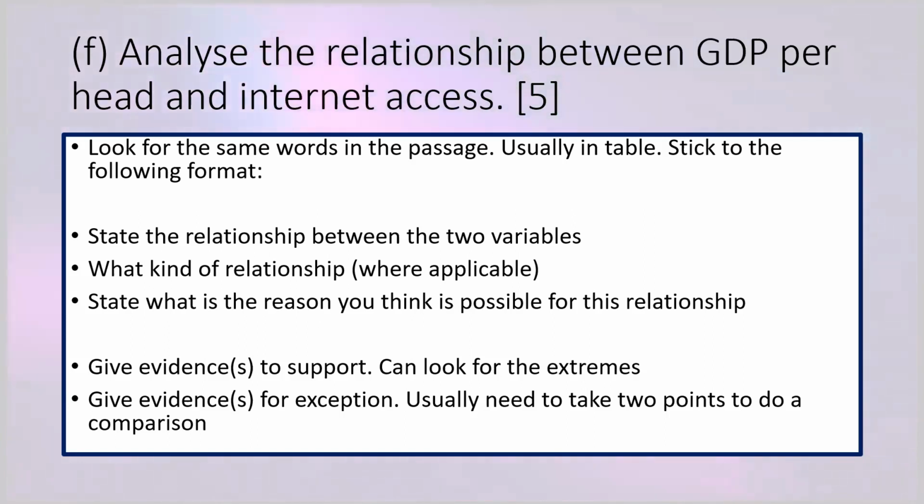You first tell the examiner what you expect to see. Between GDP per head and internet access, what do you expect to find? What is the relationship between these two things? Okay, then where applicable,